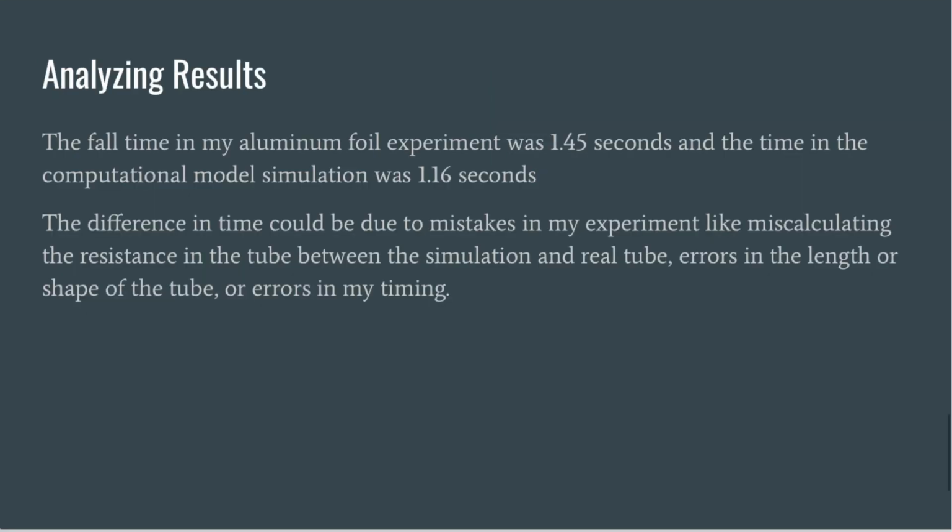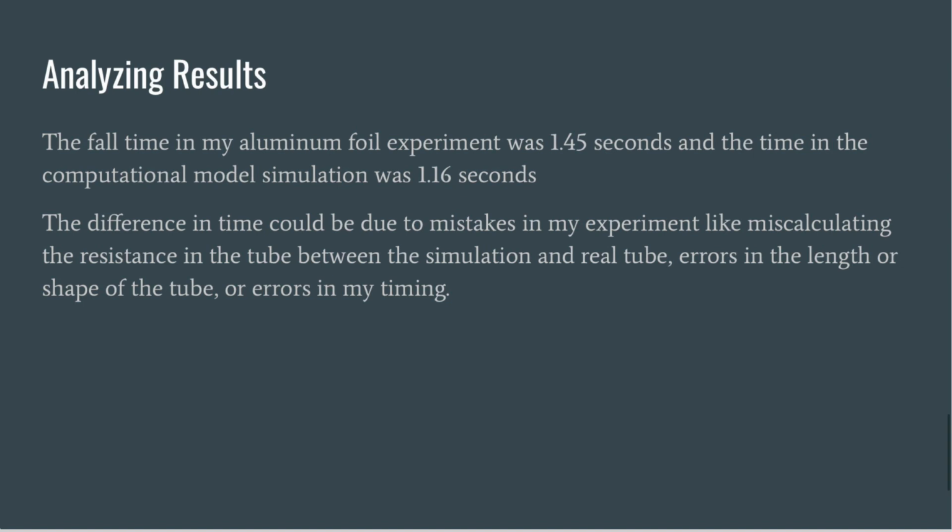Now looking at the results from both my observational and my computational model, the fall time from my aluminum foil experiment was 1.45 seconds, and the time in the GlowScript code was 1.16 seconds. So these are a little bit off, and the difference in time could be due to mistakes in my experiment, like miscalculating the resistance in the tube, or miscalculating the initial conditions, or maybe errors in my timing from my